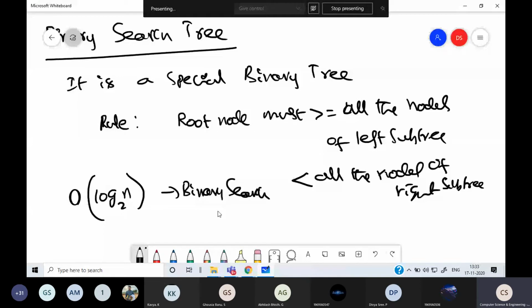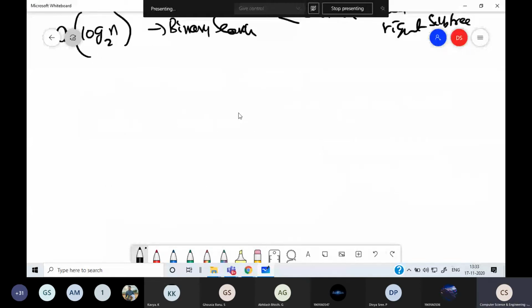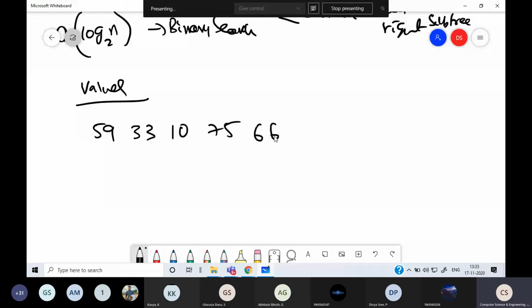So for example, suppose I take some values as nodes, a list of numbers. You can take any key as a number and build the tree. Suppose I take numbers like 59, 10, 5, 66, 40, 85, 9, 8, 5, 10, 16, then 93.